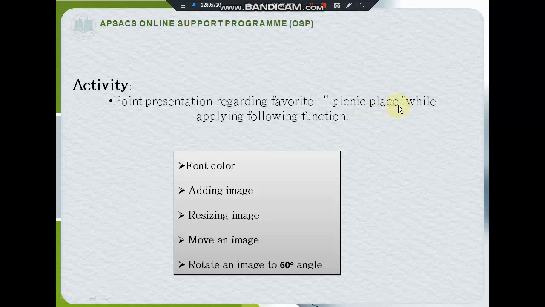It is up to you. While writing, apply the following functions, these different formatting options, on that paragraph. Do practice this at home. You can change the font color, add images, resize them, and move the image easily from one place to another. Rotate an image to a 60-degree angle, because we have practiced the 60-degree angle today.